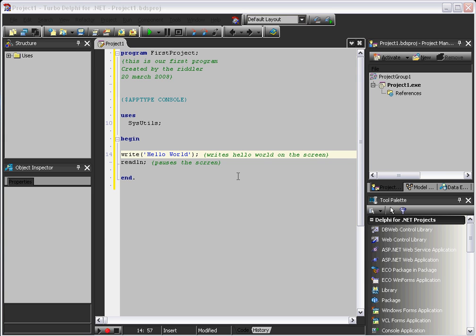Right, this is the second tutorial. This is great, I've managed to do another one in the same day. What we're going to have a look at is just a carry on of where we left off in the